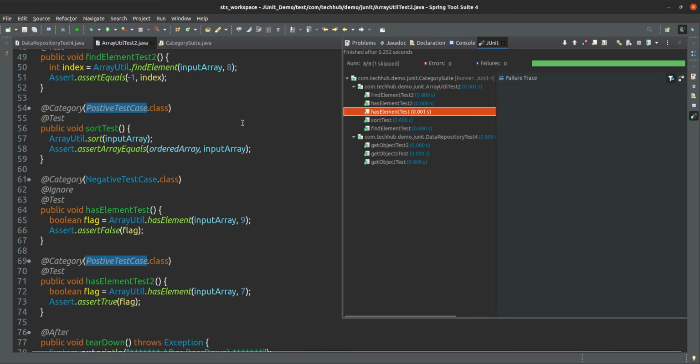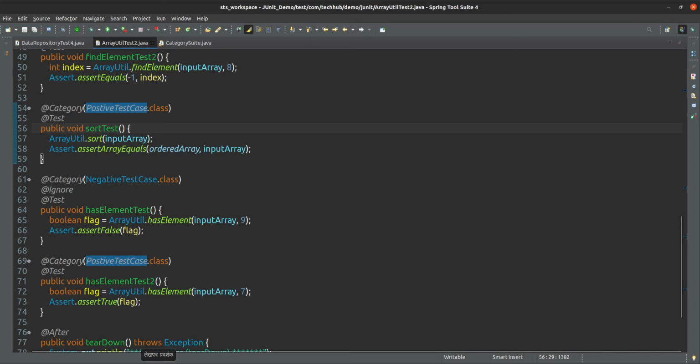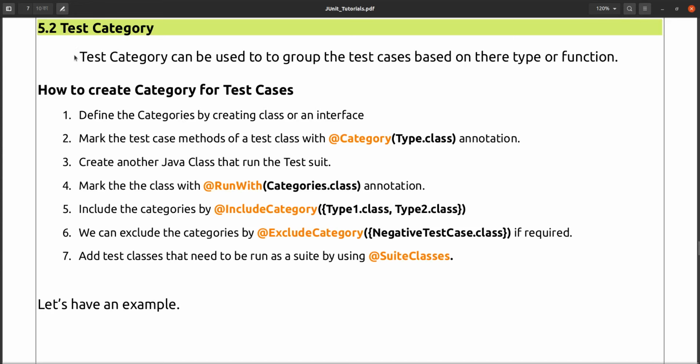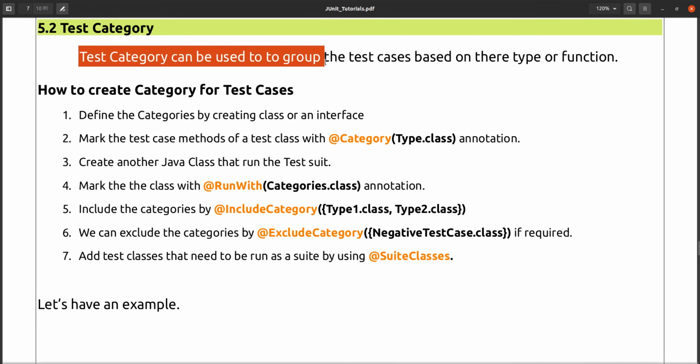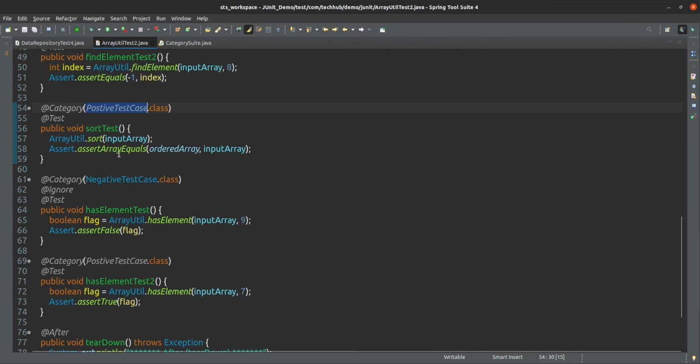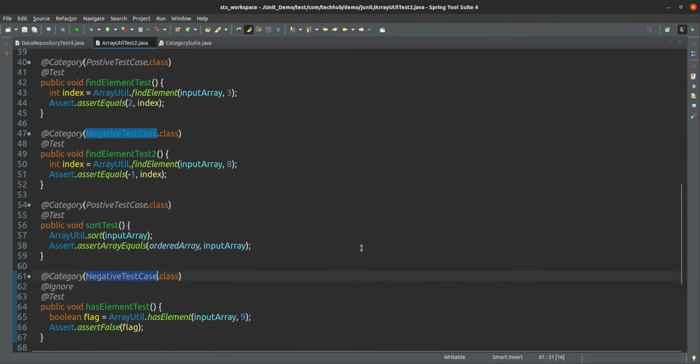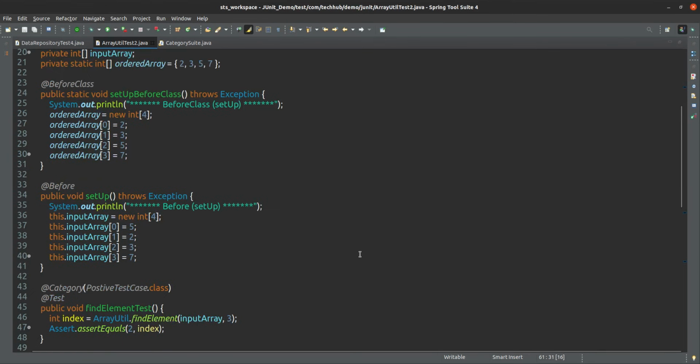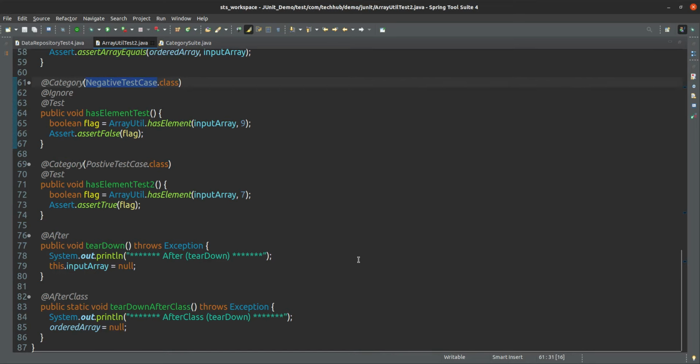Okay, so like that we can create the category for test suite, and category is nothing but the group. Here we are grouping, these 2 test cases belong to one group only, and the remaining 2-3 methods belong to a different group.